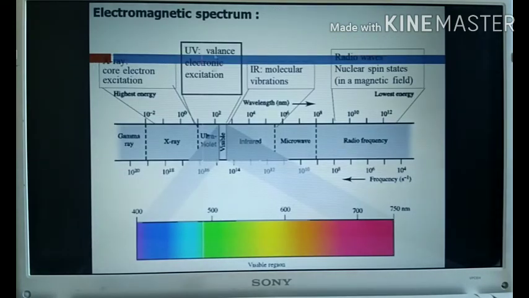Now you can see the electromagnetic spectrum. Here it is the UV visible region. Now electronic spectroscopy is also called UV visible spectroscopy, because, as I have told you,